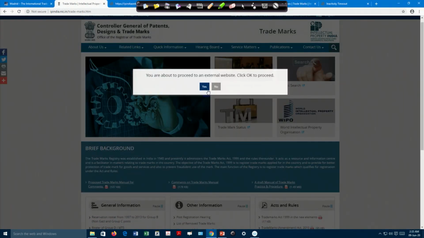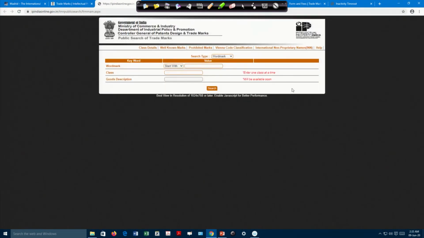Now, when you click on that, it will show you that you are entering another site, and this window will open. We have already seen that when you do the search, here you can see starts with, contains, or match with. So, suppose you want to write a word. If I want to write a word, I will just type here, say, sanit.